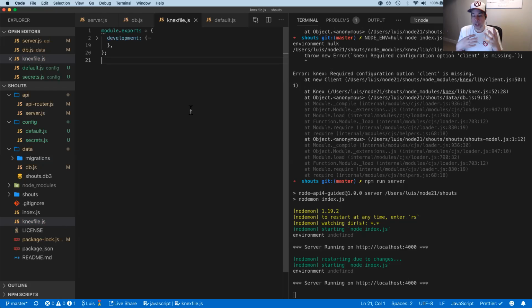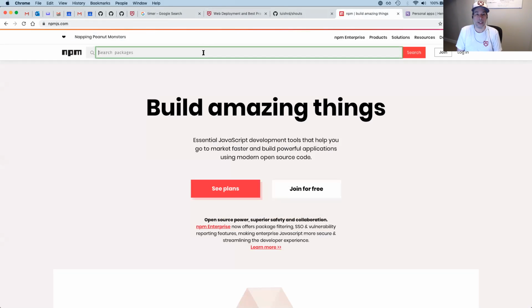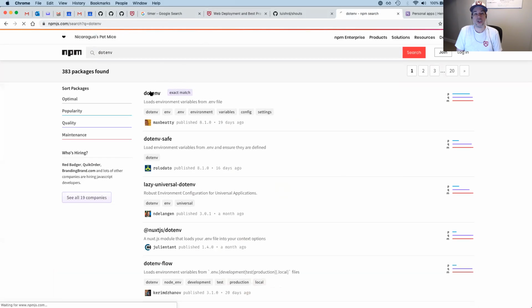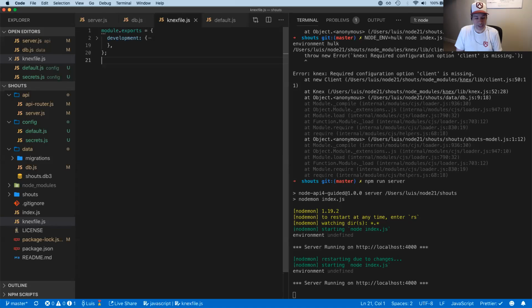So how do we normalize this so that we can just pretend that we have access to that information without having to know how to do it separately depending on the operating system? For that, we're going to use an npm package. So we're going to go into npmjs.org, and there is this dotenv package, and I'm going to link this to you,